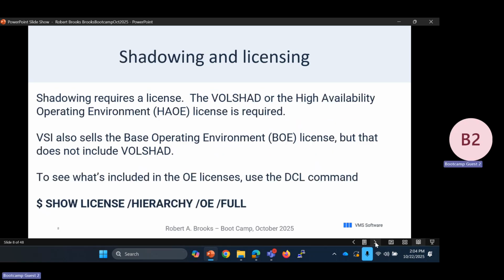Licensing. Need a license for shadowing. Depending upon whether you've got the HOE or VOE license, if you've got HAOE, VolShad's part of that, so it's not an issue. If you've got VOE, you need to get the VolShad license. And a little licensing